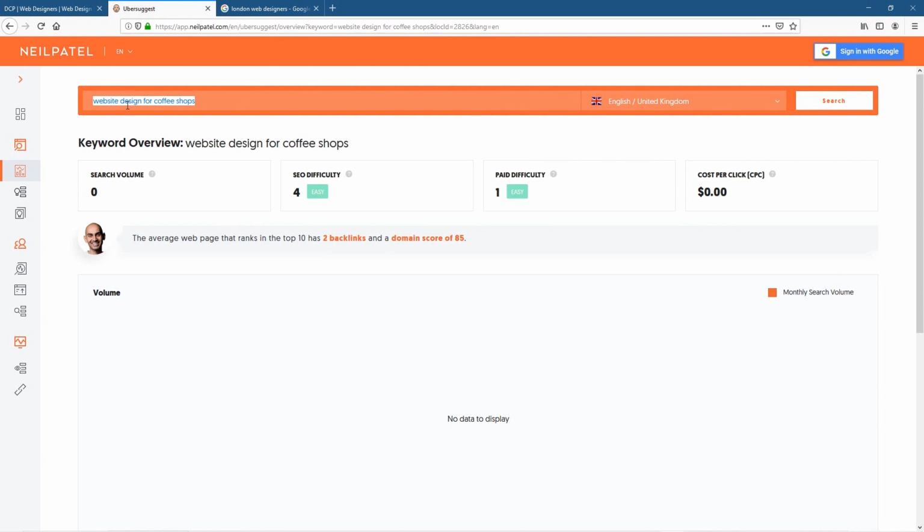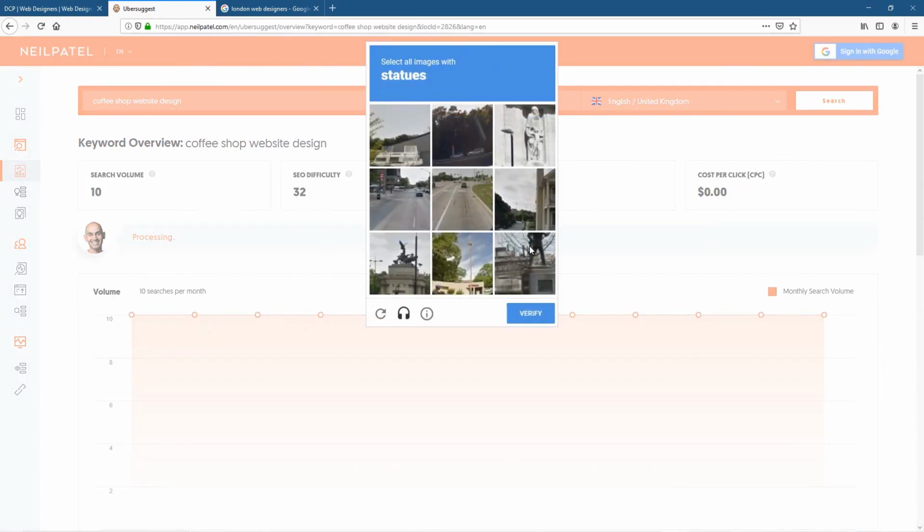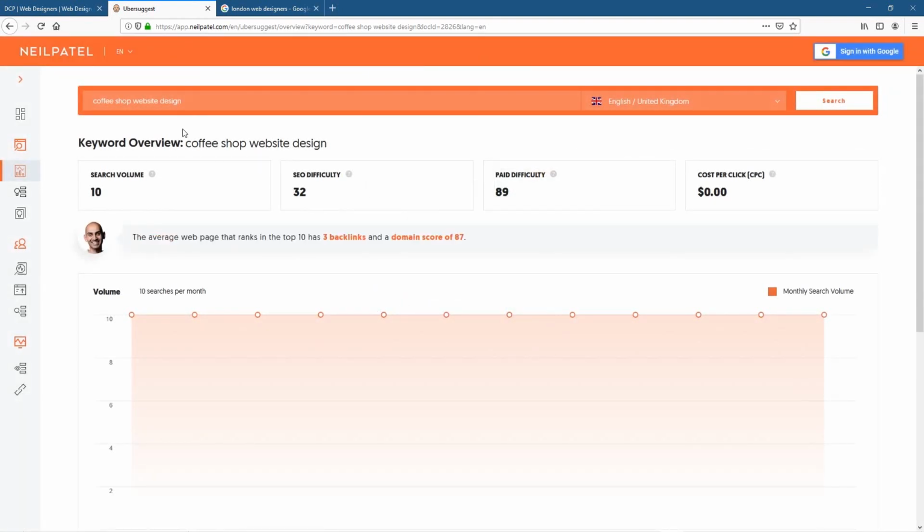Or you may want to use other variations. You may want to use this tool to see if there's another permutation like website design, coffee shop, or maybe we can do something like coffee shop website design and do a search for that. And then maybe you can see, look, let's fill out this captcha here. I really hate captchas, but let's do that. So we did a keyword search before. It was website design for coffee shops. That returned 0 results. Now we've got another one, which is coffee shop website design, and that's returning some results,